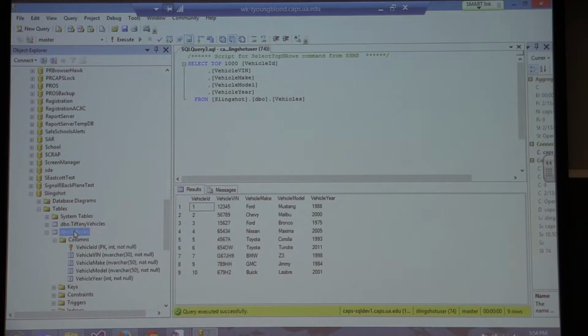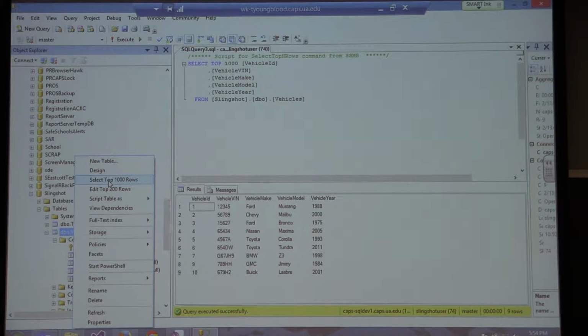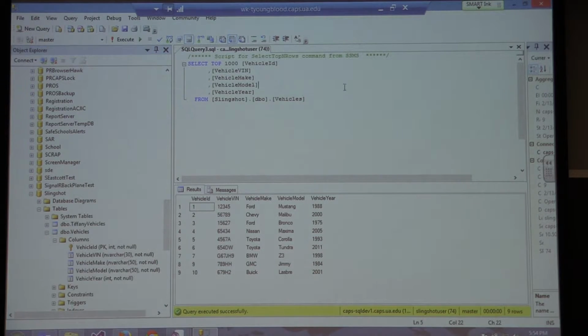So you can right click here and just do select top 1,000 rows. Be cautious if you're doing this in live databases. You need to not lock it if you're just pulling all that data, because you don't want it to tie up so that other people can't access it if you're doing a large query or something like that. But in any case, for our dev stuff, it won't matter. And also with our just tiny little